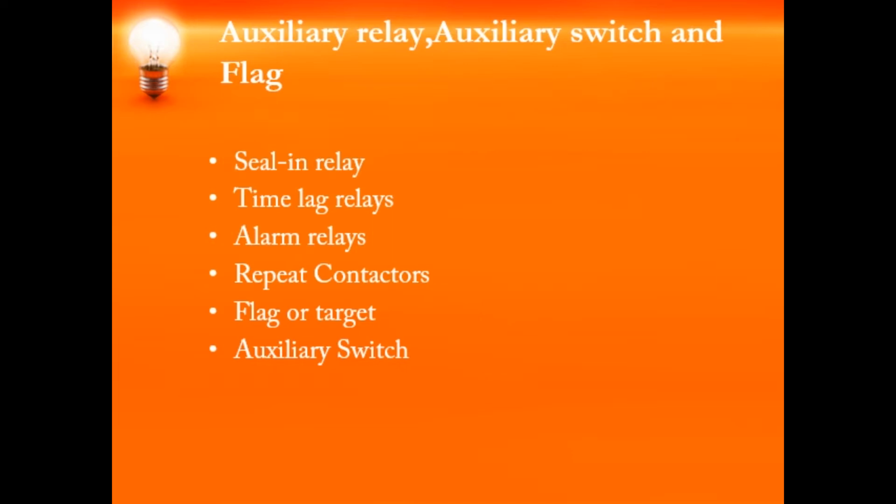Its coil will usually be connected in series with the trip coil of the circuit breaker. The resetting of the flag indicator is usually manual. There is a button or a knob outside the relay close to the flag indicator. A reset flag indicator may be either electrical or mechanical. In a mechanical flag indicator, the movement of the armature of the relay pushes a small shutter to expose the flag. Next is the auxiliary switch.